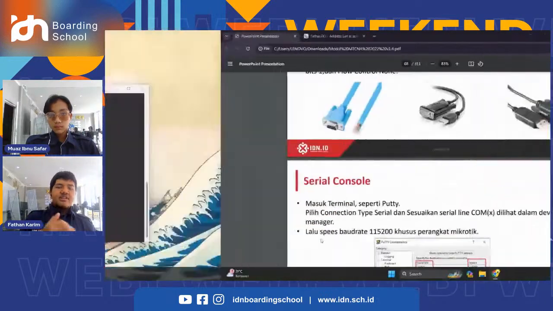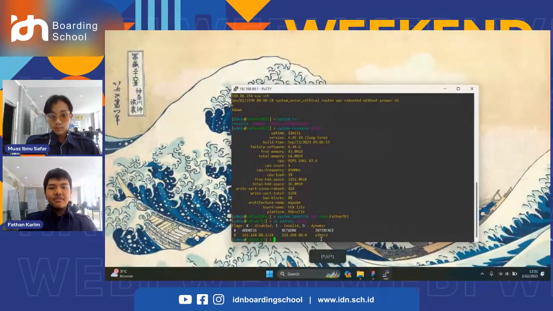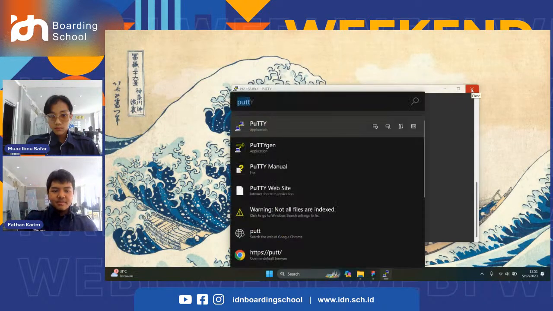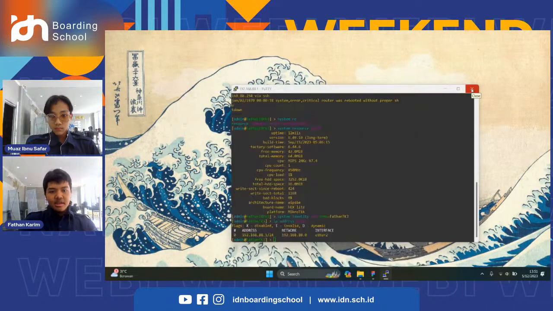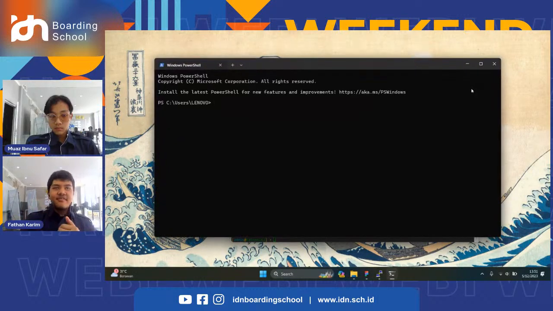Now, if you don't have PuTTY, you can use the Windows terminal like this. This is the next alternative: if you don't have the PuTTY application on your computer, you can use Windows Terminal or Windows PowerShell for using the Windows features here.